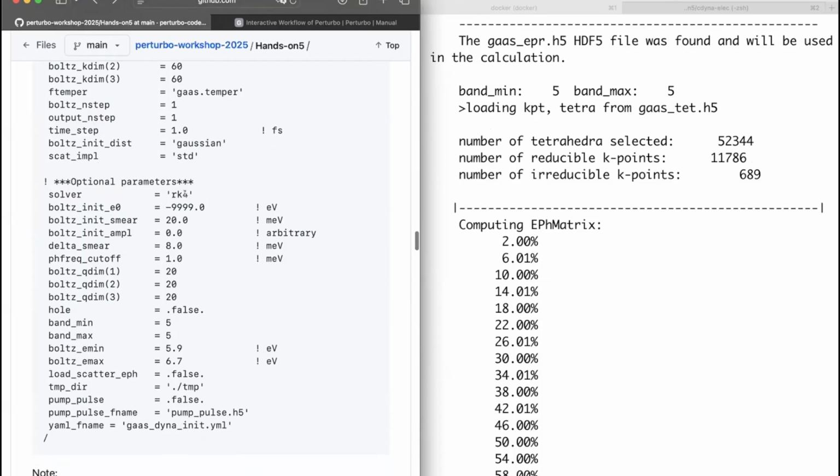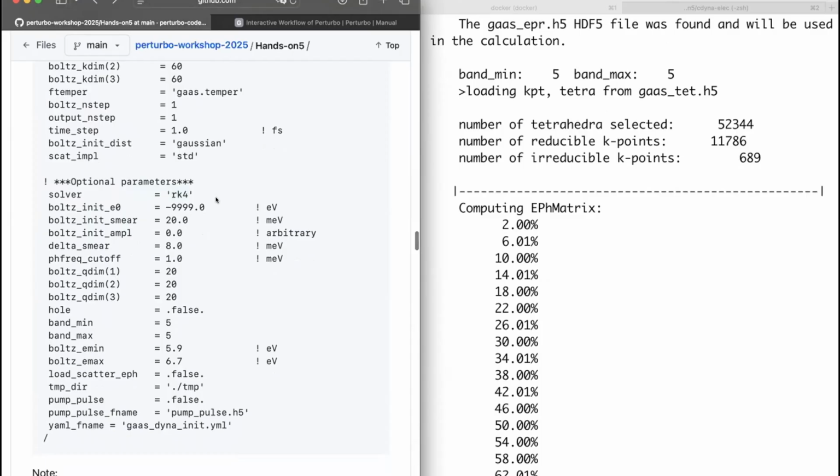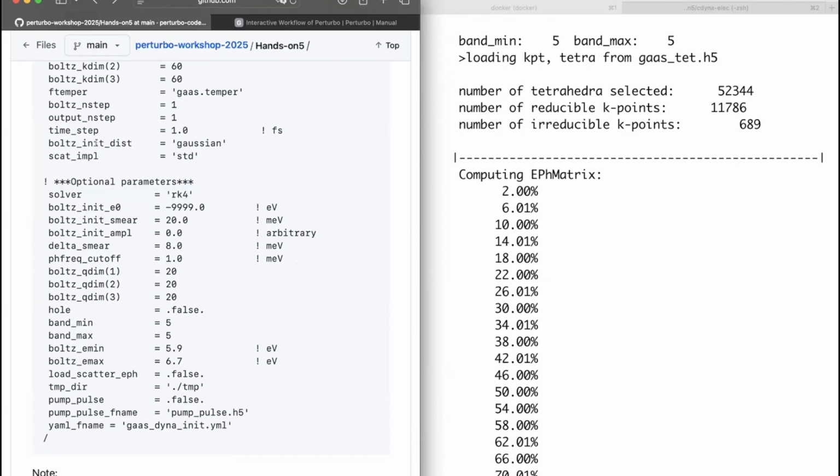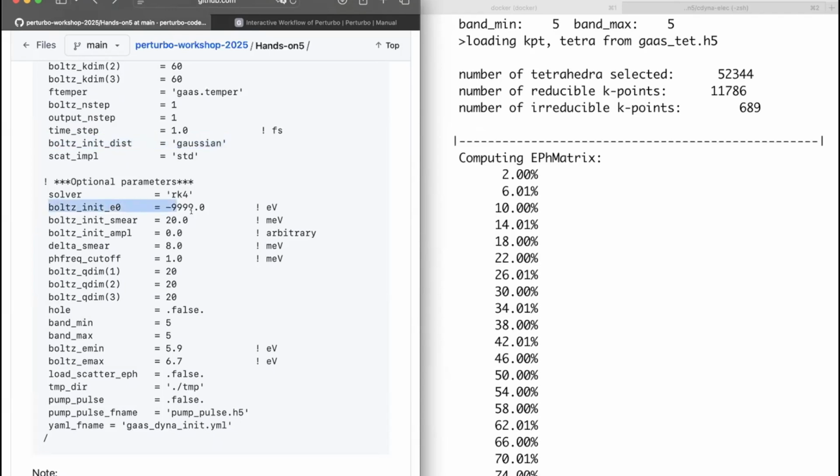And then the solver parameter will give you an option for either Euler or RK4. In the future, we want to have more advanced solvers published for Perturbo. That will make things very fast. And the next set of parameters is the initial electron distribution, which is the Bose-init dist, and